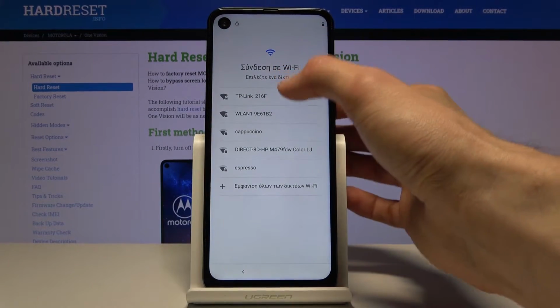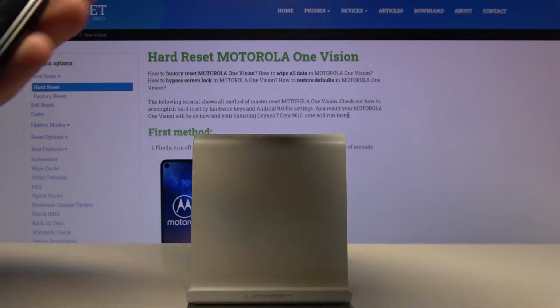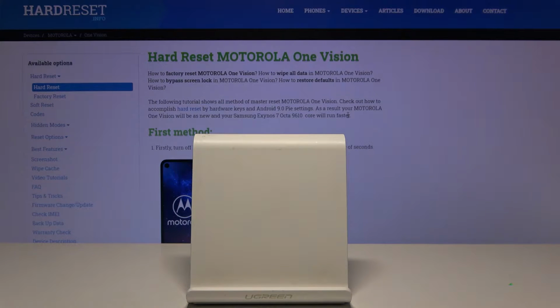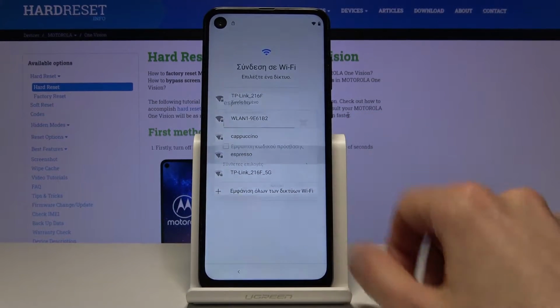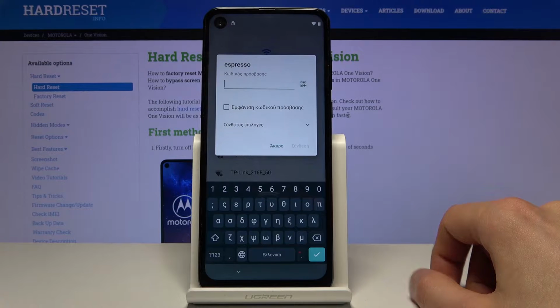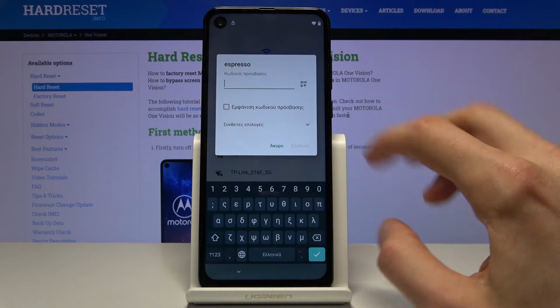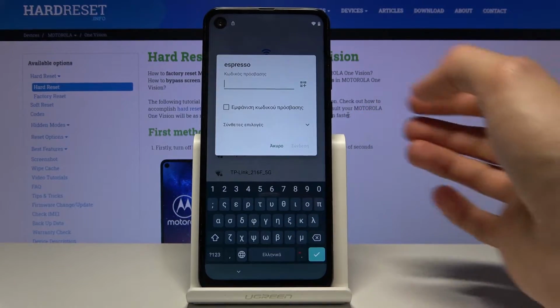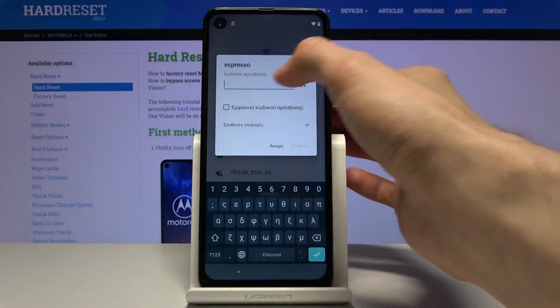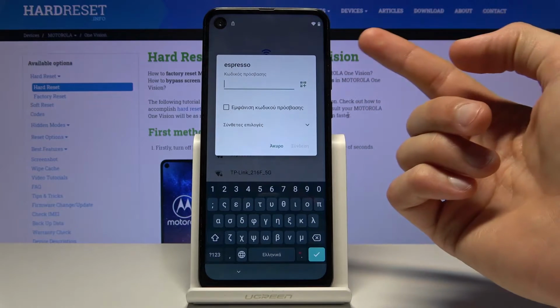Now I'm gonna connect to Wi-Fi, so give me a second. So once you connect to Wi-Fi, if you have any kind of other Wi-Fi near you, you can choose to tap on it. If you don't, and yours is the only one, then you will need to progress to the part where your device is locked. But if you do, just tap on anyone that has a password, and once you do,